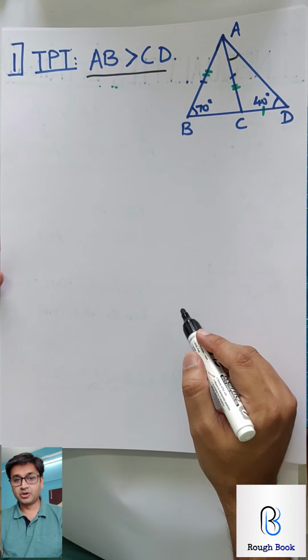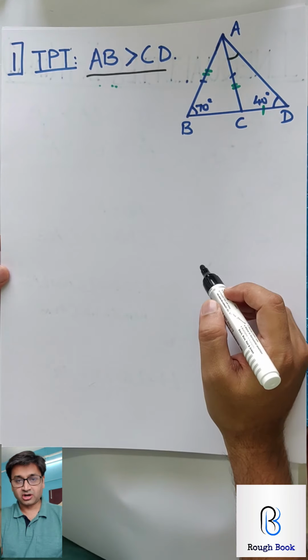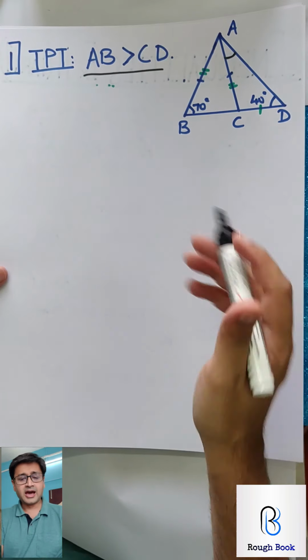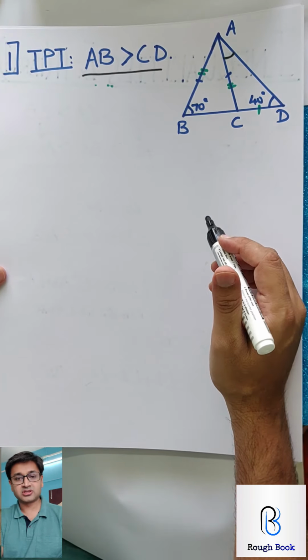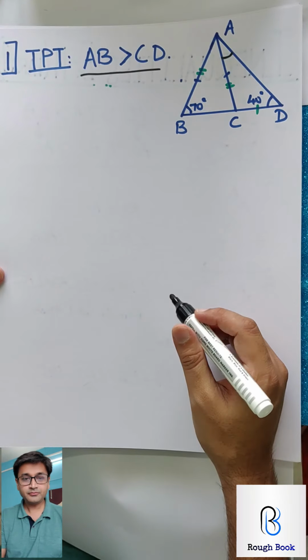So pause your video, think how you are going to get this, and once you get it, come back. Please try. Just don't wait for me to give you solutions. You must try on your own, and it's not difficult. Use the isosceles triangle property and the remote interior angle. You will be managing it then.